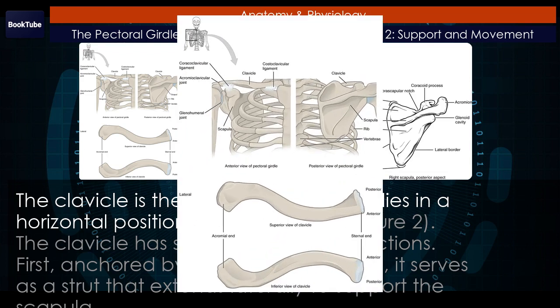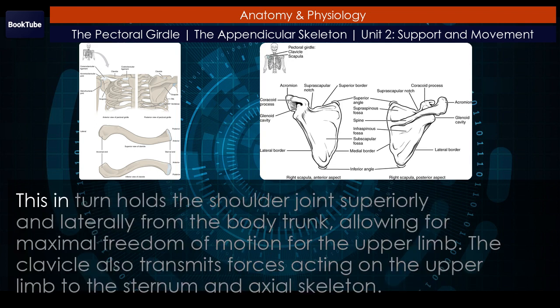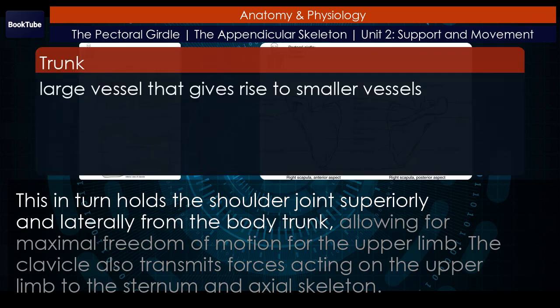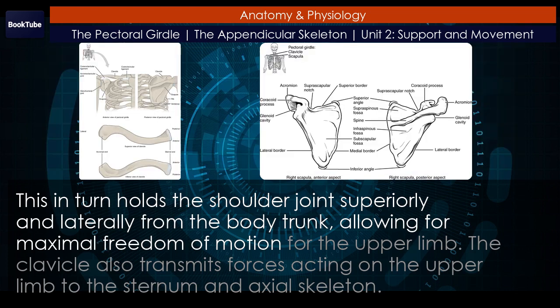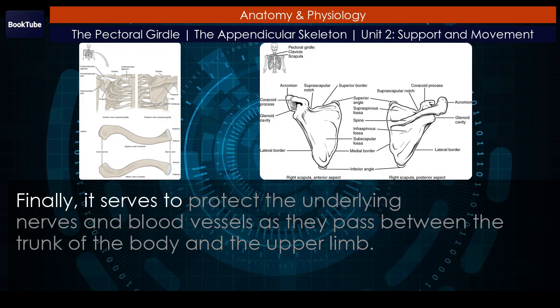See Figure 2. The clavicle has several important functions. First, anchored by muscles from above, it serves as a strut that extends laterally to support the scapula. This in turn holds the shoulder joint superiorly and laterally from the body trunk, allowing for maximal freedom of motion for the upper limb. The clavicle also transmits forces acting on the upper limb to the sternum and axial skeleton. Finally, it serves to protect the underlying nerves and blood vessels as they pass between the trunk of the body